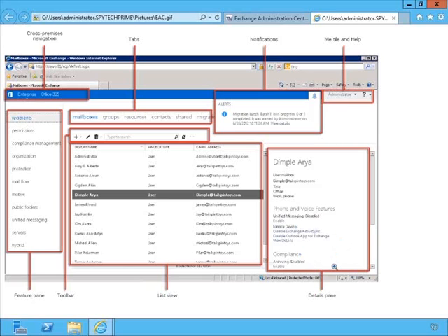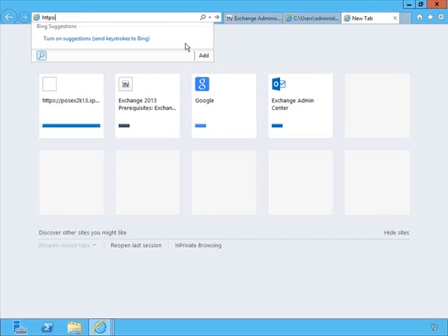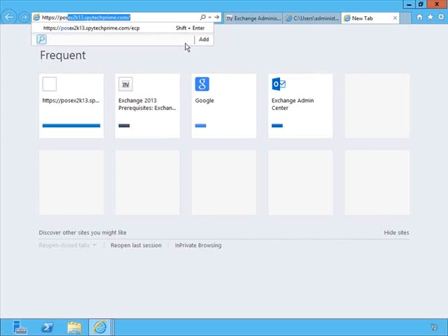Okay, so this gives us a little bit of a better understanding as far as the layout of the EAC. Let's actually open up the EAC and let's take a look at these from within our working Exchange environment. Just remember, Feature pane, we have tabs, we have the toolbar, List View, and Details pane. So to get started, we're already in our browser. We can just open up a new tab. So you have your internal or your external URL. Now it just depends on how you have this set up. In our case, we can type in https:// and the name of the server,